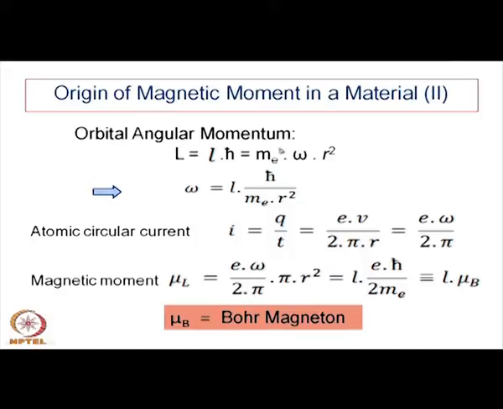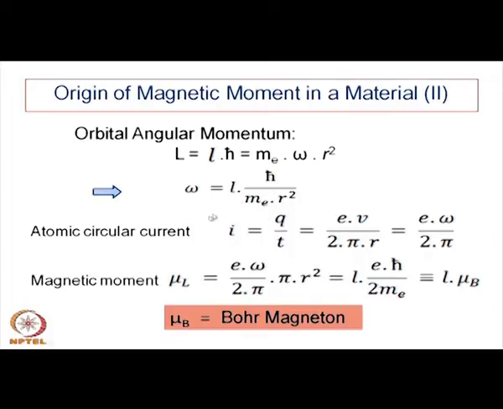Omega is the angular velocity with which the electron is moving, and that is the origin of the orbital angular momentum. m e is the mass of the electron, r is the radius of the circle in which the electron is moving. From this one can also write omega equal to L h bar over m e r square, and I is the